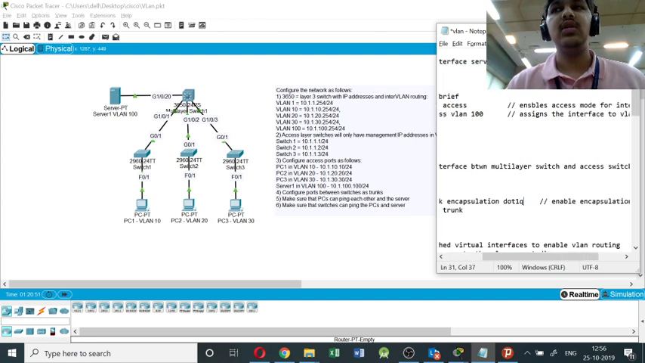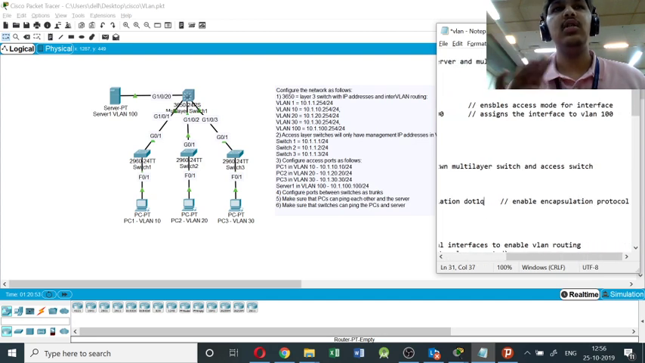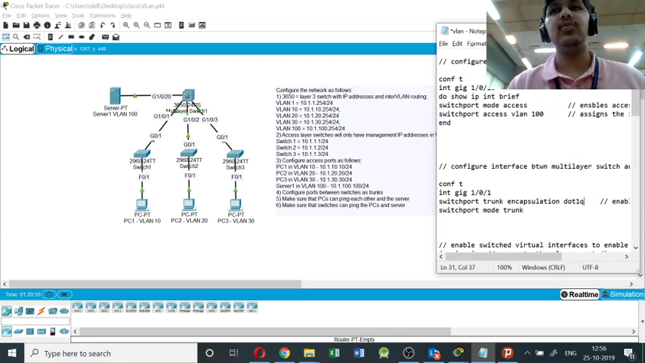encapsulation dot1q. This will enable the encapsulation protocol, that is the 802.1Q protocol, and then finally we write switchport mode trunk, and hence the configuration of the interface between switch 1 and the multi-layer core switch of type trunk has been successfully done. Next, similarly you do it for interface Gig 1/0/2, and similarly for interface GigabitEthernet 1/0/3. After configuring the